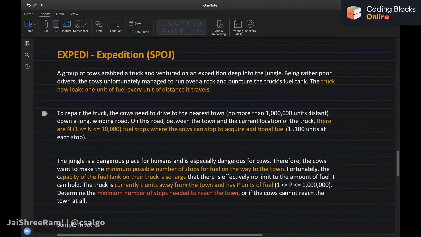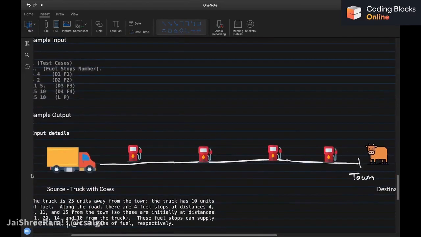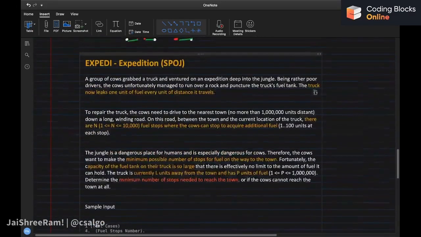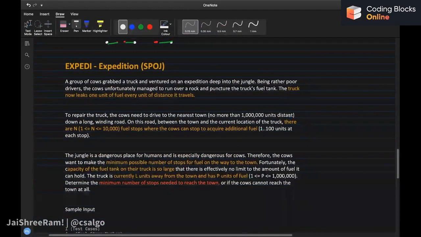Okay, so there is a group of cows who are in a truck and they are stuck in a jungle and they want to reach a town. Something like this. There are cows in the truck and they want to reach a town which is some kilometers away from the current location where the truck is. So we want to go from the source to the destination, and the truck leaks 1 unit of fuel for every distance it travels. So if the truck goes 5 kilometers, the fuel reduces by 5,